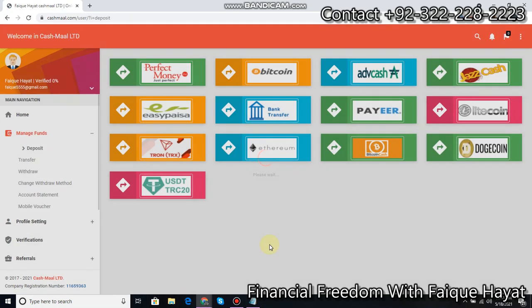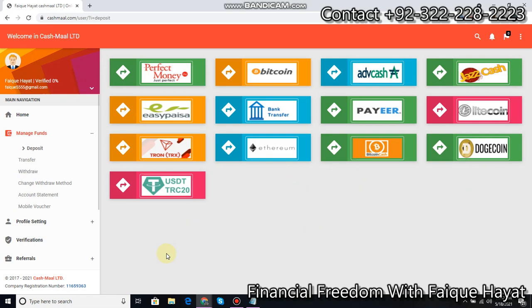Okay, now here are the options we can use. Perfect Money, Bitcoin, Advcash, Jazz Cash, Easypaisa, bank transfer, Payeer, Litecoin, Tron, Ethereum, Dogecoin, USDT.